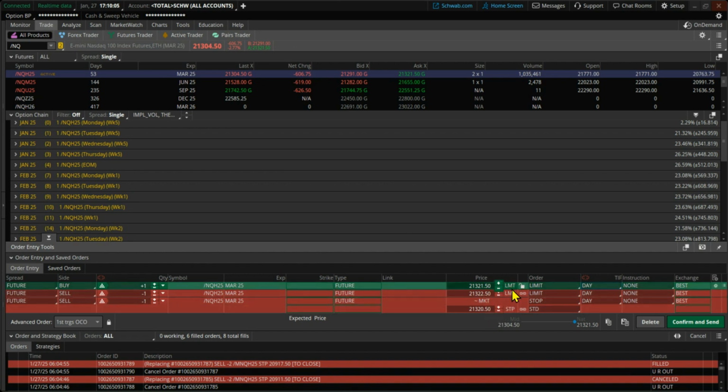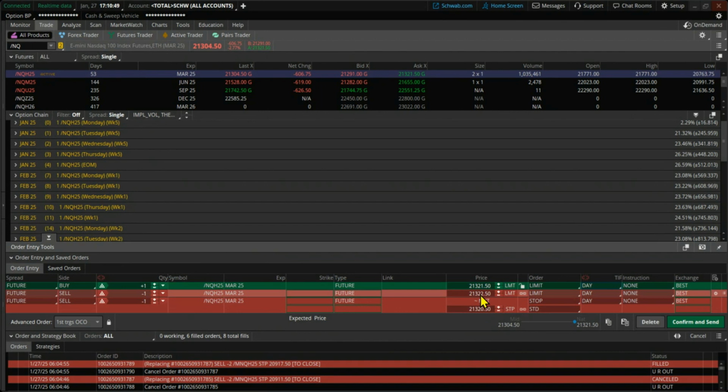Now, the first line here is your buy limit order. We want to make sure that this is toggled to whichever you like. So if I'm intraday trading, this is just a day trade. This is not going to be set to good to cancel. So let's make sure that that's set correctly for your trading. And the next line here, we have our take profit or our stop limit order. Again, make sure that it's set for the right time. And then finally, you have your stop loss here. Your stop loss is going to be a market order, okay? And we have that here, and you want to make sure that you put in all the right prices